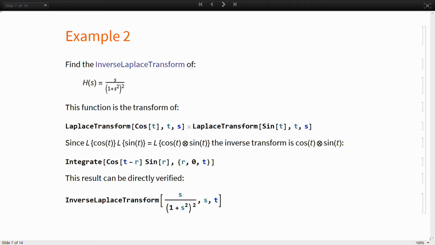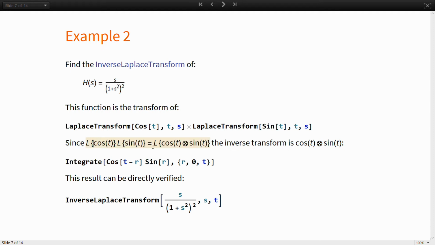Let's use the convolution theorem to find the inverse Laplace transform of the function here. It may not be obvious at first, but it turns out that this function is the same as the product of the Laplace transform of cosine of t with the Laplace transform of sine of t. Since the product of the Laplace transform of two functions is equal to the Laplace transform of the convolution, we